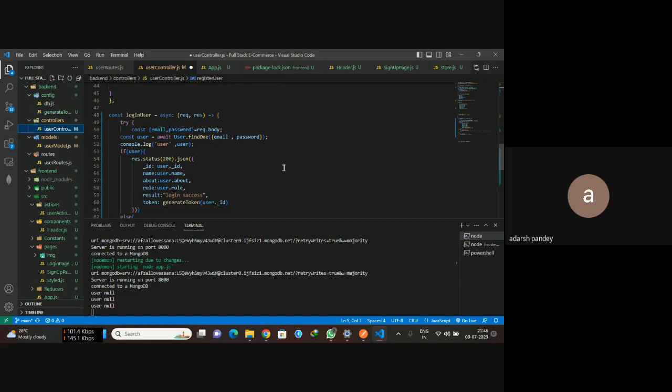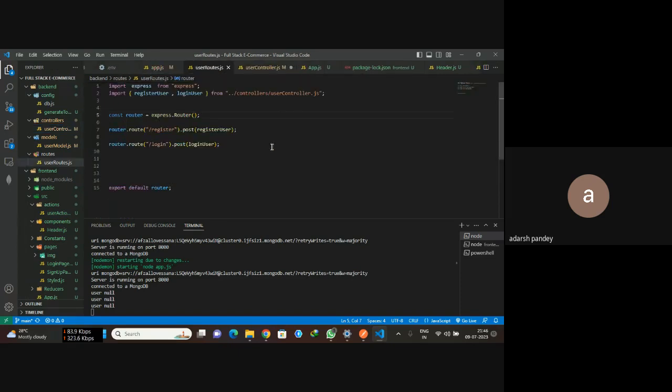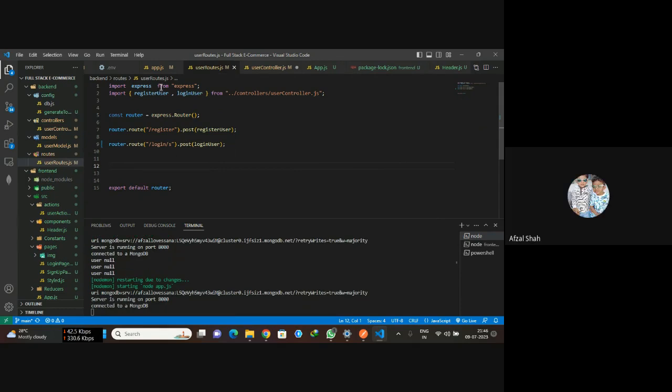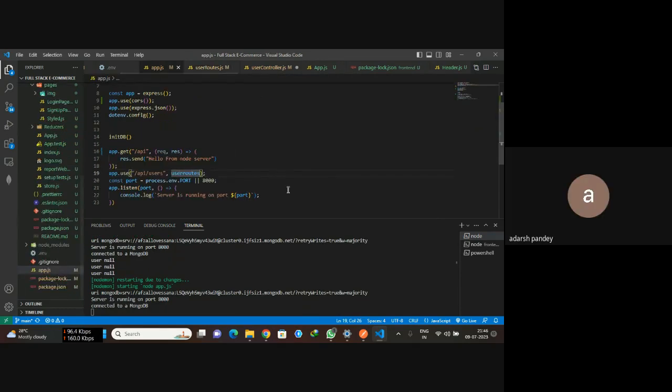सुनो, एक बार क्या करो, कि उसकी राउट वाली फाइल में आना, यूजर राउट्स डॉट जेएस में। लॉगिन के आगे कुछ स्लैश करके कुछ लगा दो, स्लैश एस लगा दो, और सेव करना। एक बार बैकएंड का ऐप डॉट जेएस दिखाना, एपीआई स्लैश यूजर्स। ठीक है, अब अपने फ्रंट एंड के एपीआई पे आओ, एक्शन डॉट जेएस में।